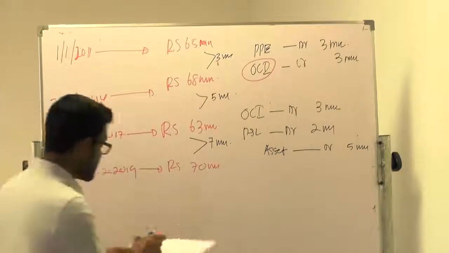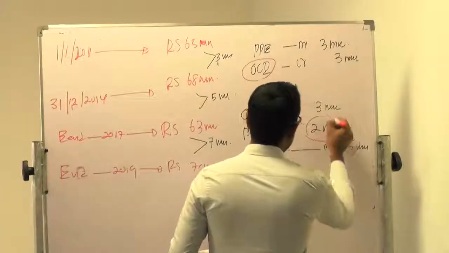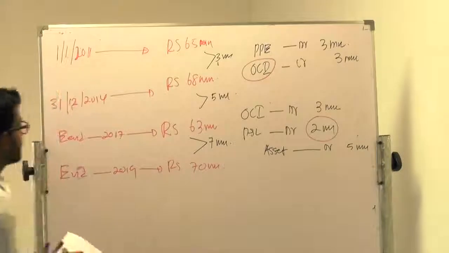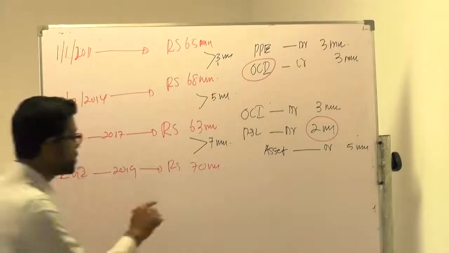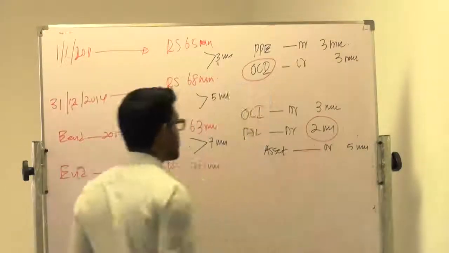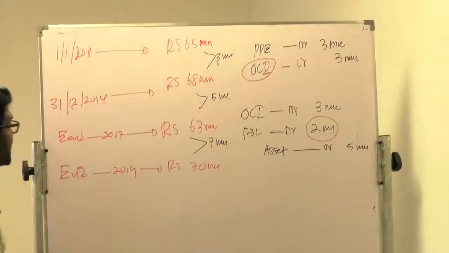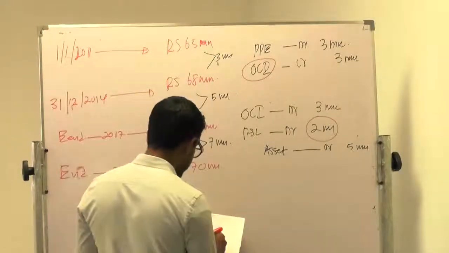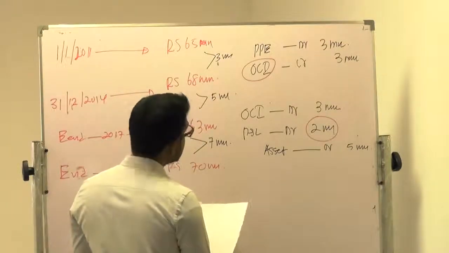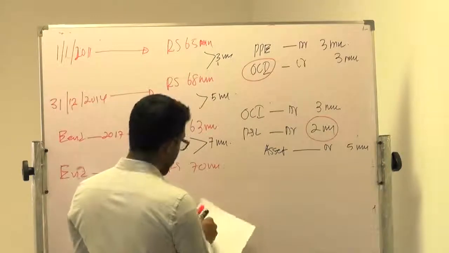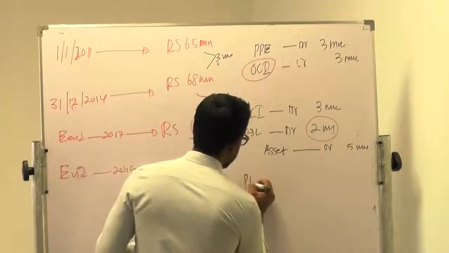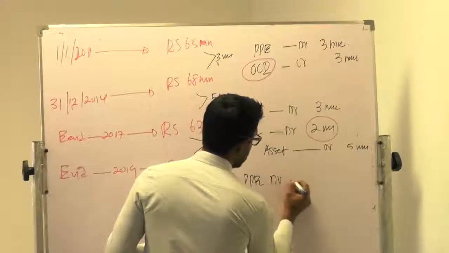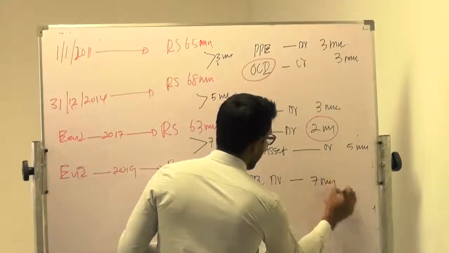Here you had a loss of 2 million, understand it. In 2017 you had a loss of 2 million. If there is any loss, you have to recover that loss, and the balance only you can charge to OCI. Why? Because if there is any additional gain, you should recognize it in OCI, right? Fine. OCI credit, sorry, property, plant and equipment should be debited. PPE debit 7 million, and